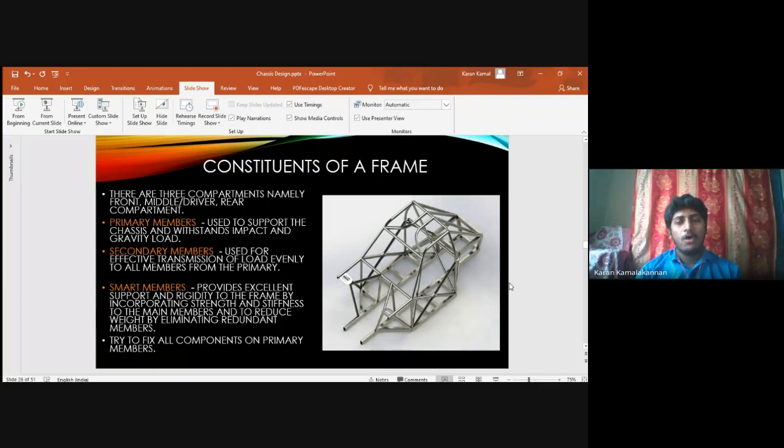For example, in most of the teams which I saw, their suspension mounting points and differential mounting points do not mount on the node, because the node is the area where we will have the maximum strength. Even though it is stress critical, it is the area with maximum strength. So I prefer that all of you, while designing, always fix the points on the node, rather than anywhere in between two nodes.